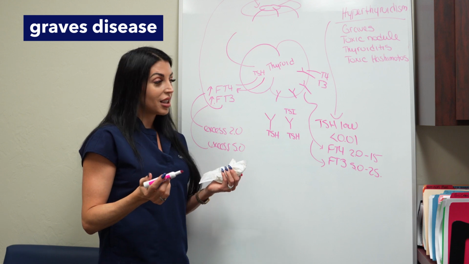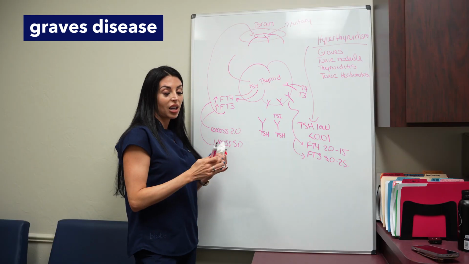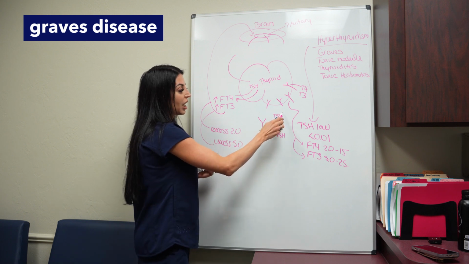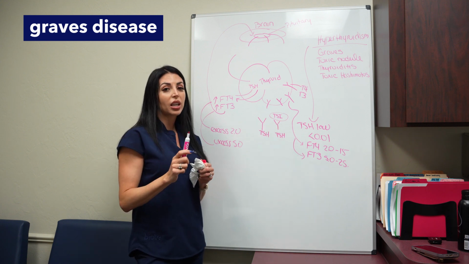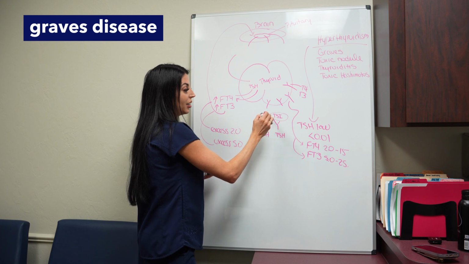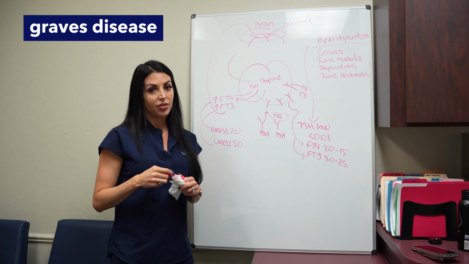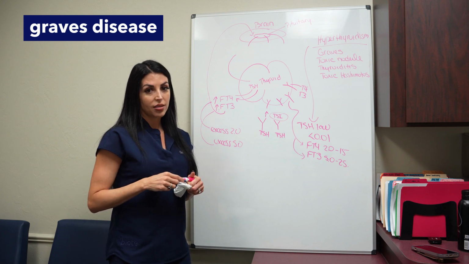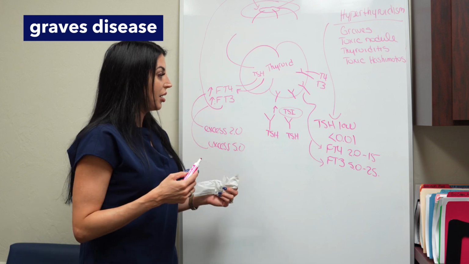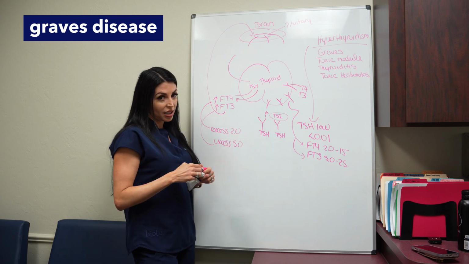So how do we fix this? How do we know that's what it is? Well, you're gonna have labs that look like this. You're gonna have a low TSH, a high free T3, a high free T4. But if you check this antibody level, you could also check an antibody called a TSH receptor antibody. These levels are going to be high. So if that's high, you know, oh wow, we've got an autoimmune process going on here we need to fix. And that's Graves' disease, okay? And that is sort of the opposite of Hashimoto's if you think about it. So in that case, what we need to do is get this inflammation, these antibodies, to go away.